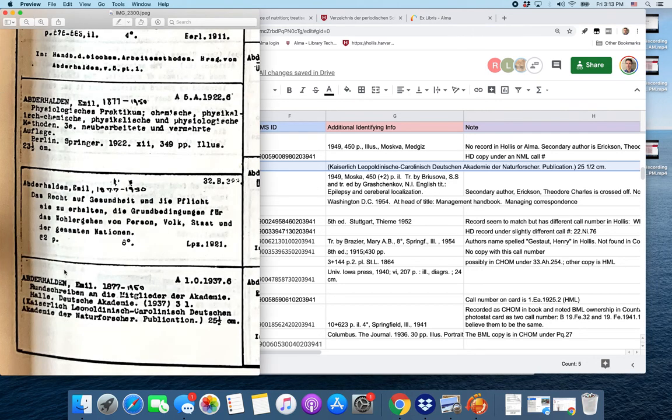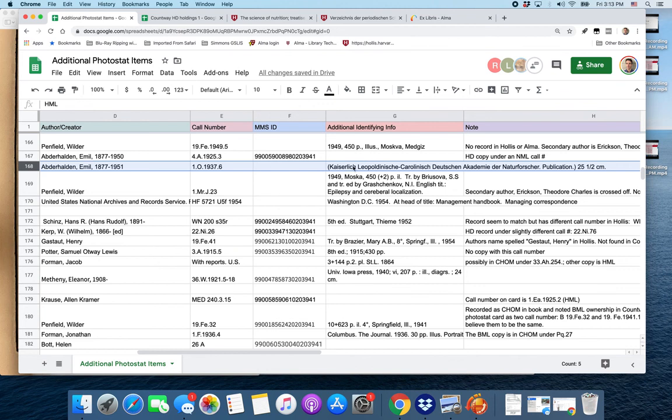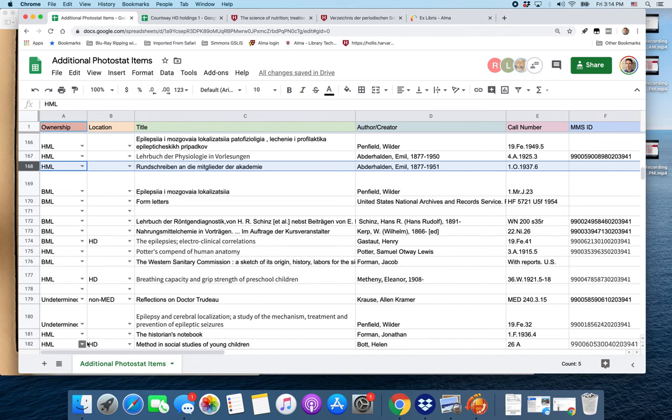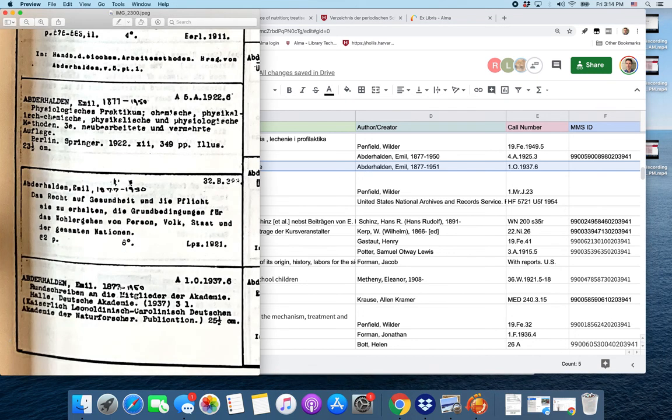and that's something of a guess, just going on the basis of what we see on the photostat. And I've added a little bit of additional information typed in by hand from the photostat itself and placed that under the additional identifying info field in the spreadsheet and leave it at that. And then I regard myself as done with this card. And in fact, in my copy in my book, I have written "not found" directly on